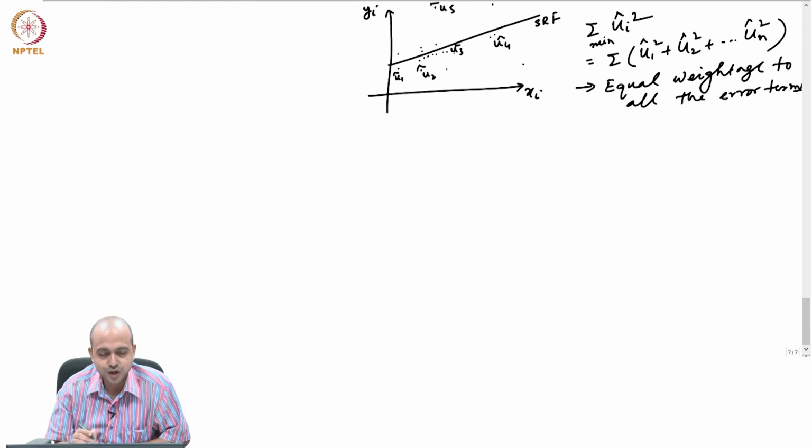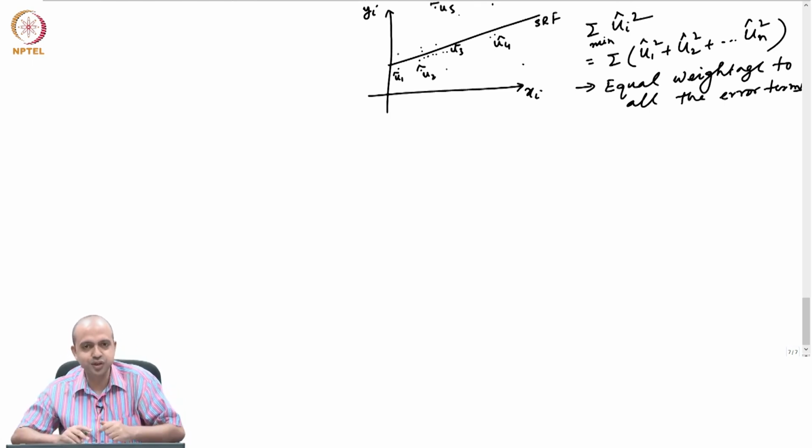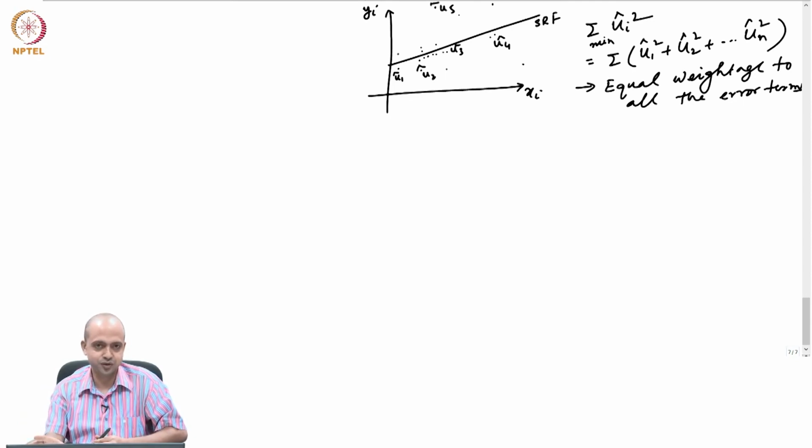So while u5 should actually get less weightage, because of the mechanism of OLS, u5 hat square gets more weightage. That is a limitation of the ordinary least square method that we have to keep in mind. In OLS, all these squared errors, u1 hat square, u2 hat square, dot dot dot, un square, get equal